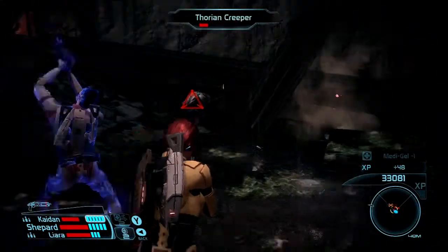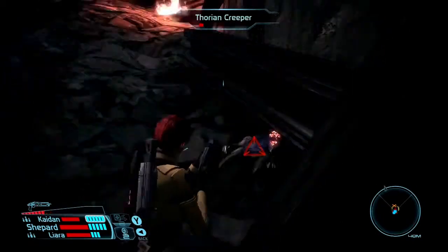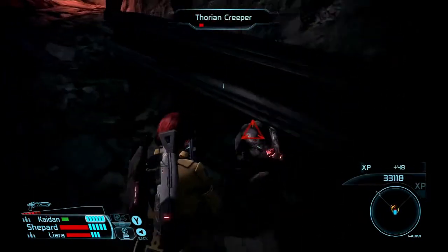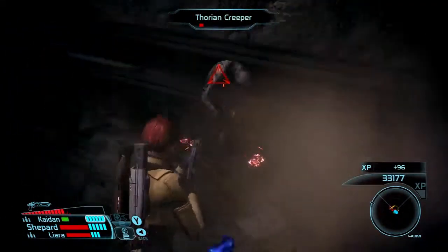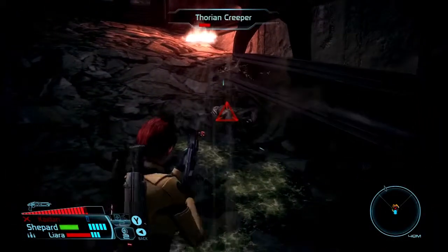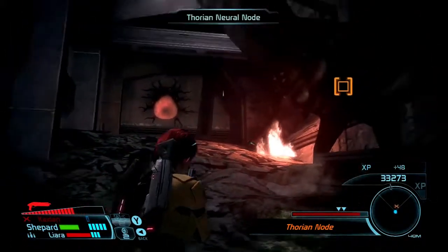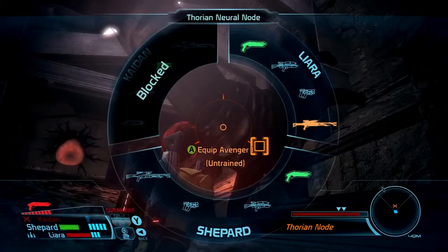Medigel will heal toxins. If your health is green, that means you're taking toxin damage. Creepers deal toxic damage with their vomit ability, and if you don't watch it, you can just be poisoned to death. But also, I've only got two bits of Medigel left now. You won't... oh, damn, Kaidan's dead. You won't get any back during this boss fight. This is basically the Thorian boss fight, and it's incredibly annoying. If I got...